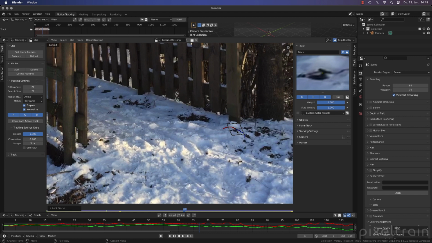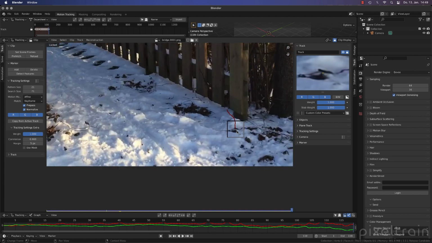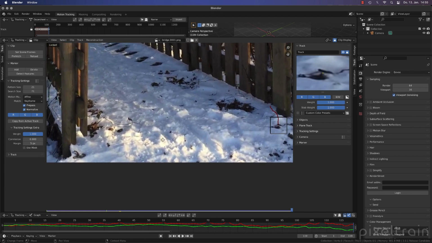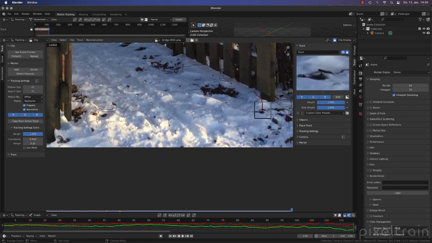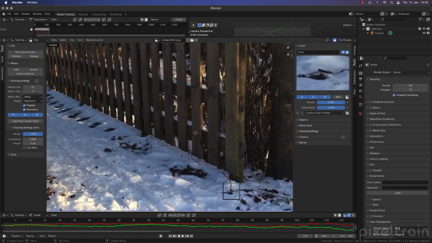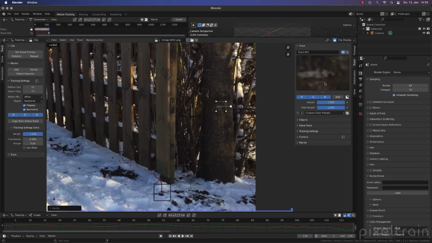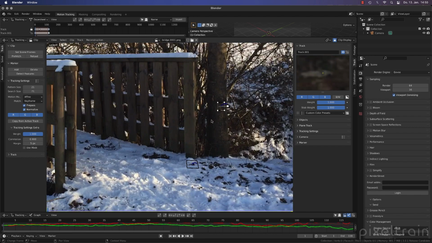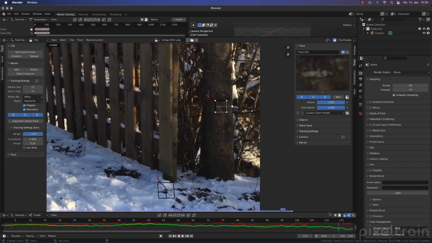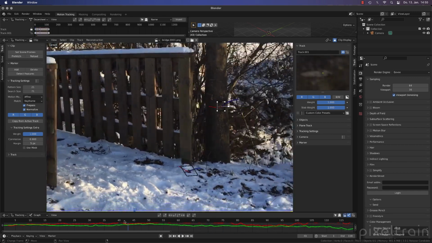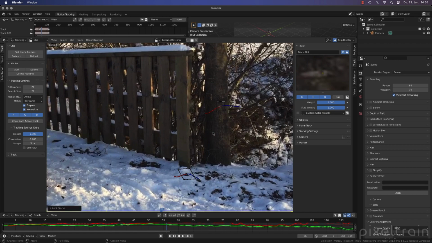And now I go through. I do exactly the same thing. I jump now to the back, Shift right. And we say, let's take the next feature here. Let's take this here on the tree. Like I've said, we need 3 axes. So this here on the tree looks good for me. Let's take that here. We can test if we can track it now automatically. Control Shift T for backwards tracking. It ran through. Great. And now I'm scrubbing through and test if everything holds. And I think it's good. Control L for locking it.